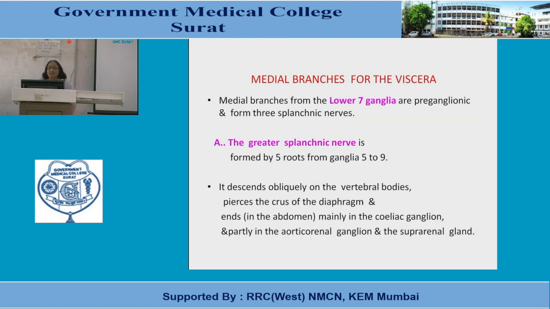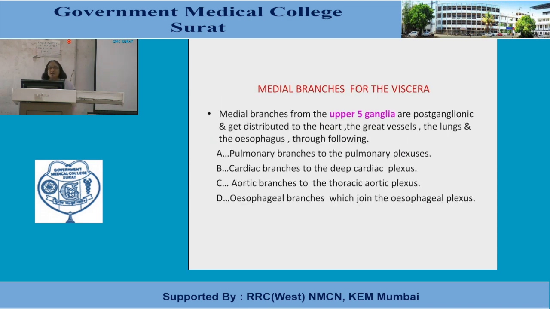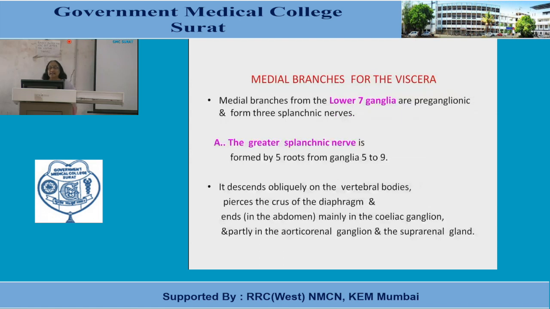We have finished the lateral branch and medial branches from the upper 5 ganglia. Now medial branches from the lower 7 ganglia. So how many sympathetic ganglia? Thoracic sympathetic chain ganglia 12. Amongst 12, upper 5 form the main plexus for the vital organs of the body. Now the medial branches to the viscera, from the lower 7 ganglia, are preganglionic and form the 3 splanchnic nerves. Which are the 3? One is the greater splanchnic nerve, second is the lesser splanchnic nerve, and third is the